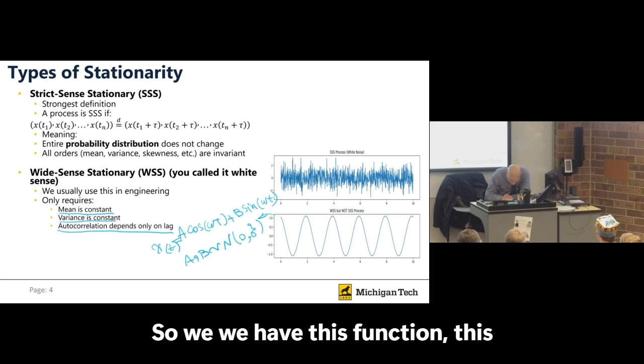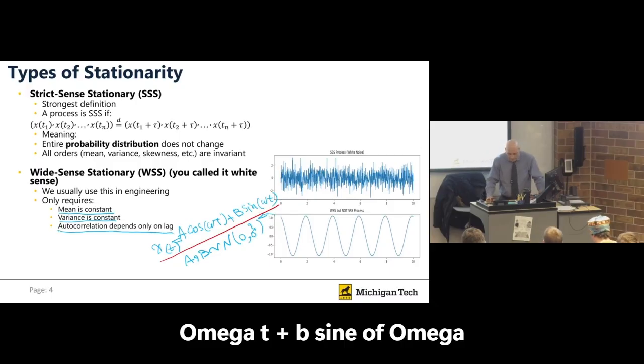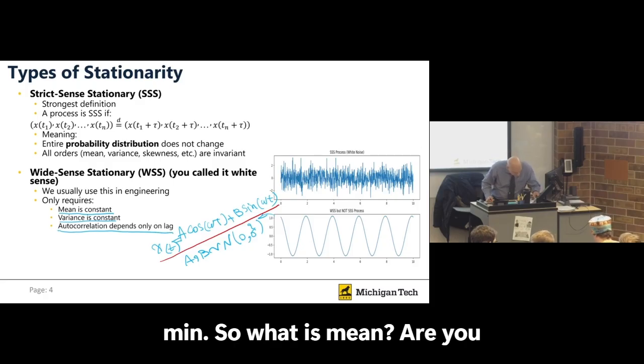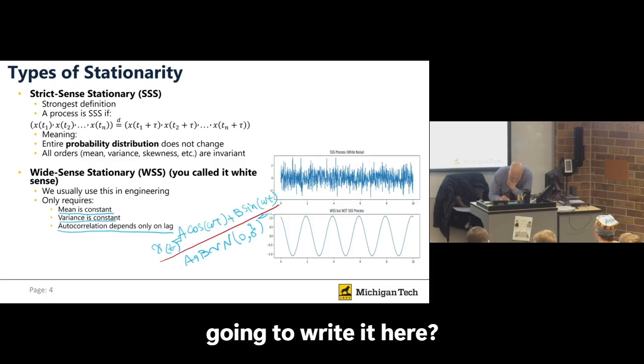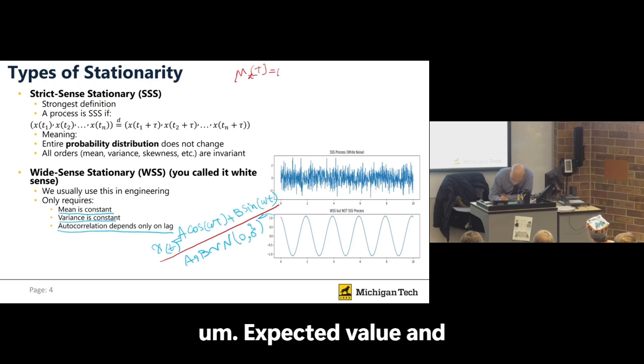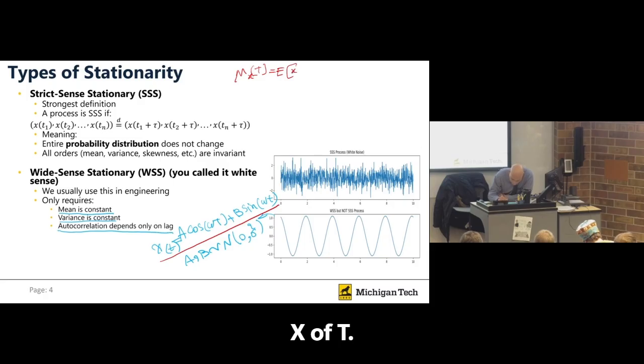So we want to find the mean. So we have this function, A cos of omega t plus B sine of omega t, and we want to find the mean. So what is the mean? I'm going to write it here. The mean of x of t is equal to the expected value, and expected value can go linearly, of x of t,